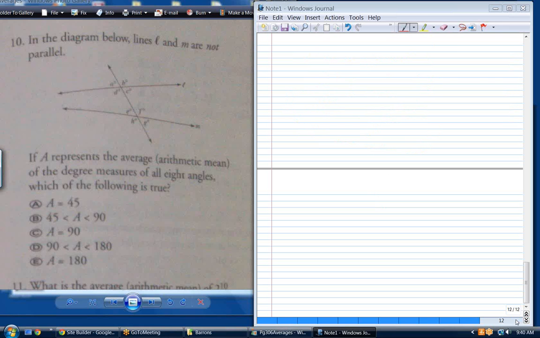L and M are not parallel. Once again, not sure. Well,